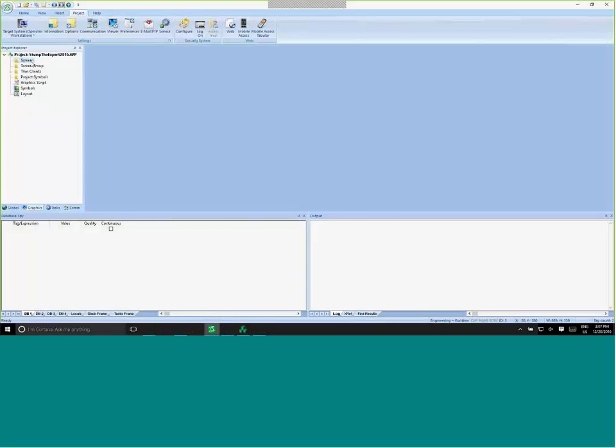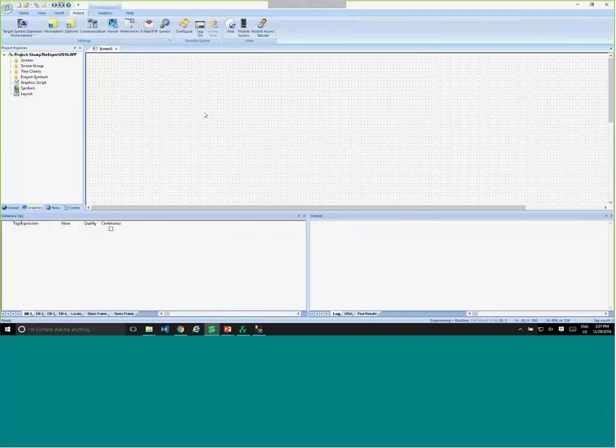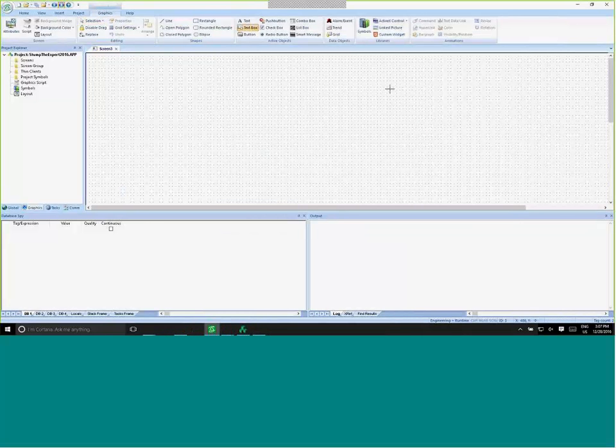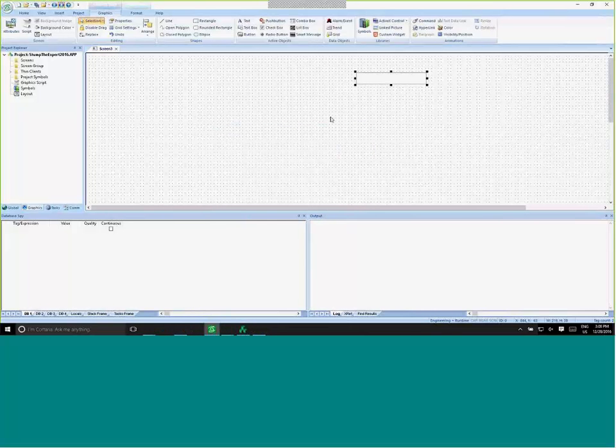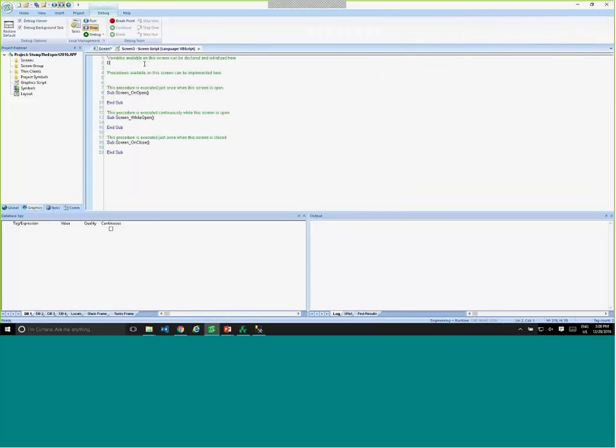So now let's create a screen here real quick for us to start seeing this data. I'm going to put a text box here where I can put my variable, so I can simulate my variable values. And as we discussed in this customer-specific case, every time there is a new measurement, we would receive a trigger to save that data point. So I'm just going to use a screen script here, and write a very basic code